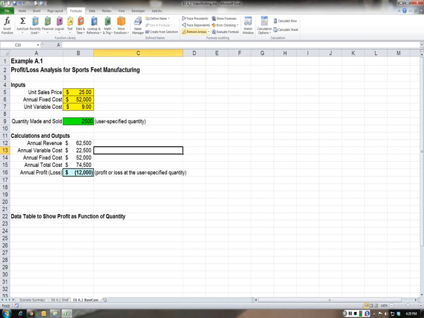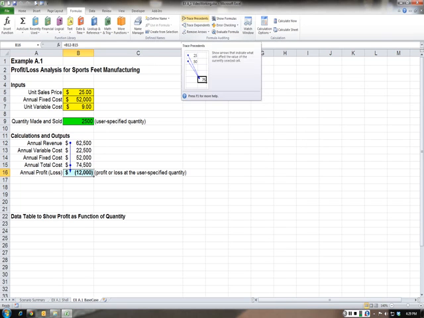Okay, now trace precedents applies when I've got a cell that contains a formula, and I want to know what cells determine the result of that formula. So if I click on, for example, annual profit or loss, and click on trace precedents here, what shows is that it depends on the two cells that have solid blue circles in them, annual revenue and annual total cost. And the interesting thing is, if I continue my selection on cell B16, if I click trace precedents again,